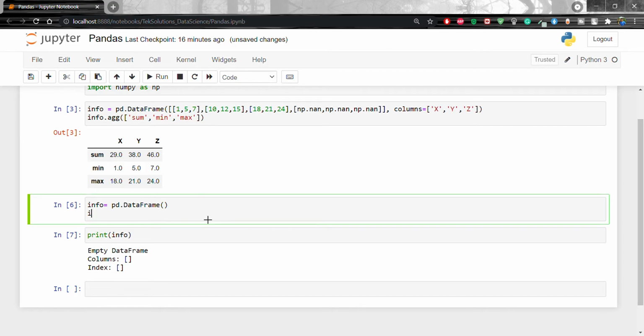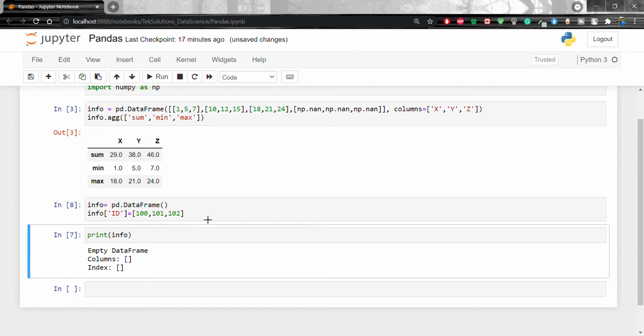So now I am going to create a new column in info, and we are passing the ID. ID is a new column here, and then we are assigning the values 100, 101, 102. Right? And now I am going to shift enter, and in the print info I am going to print. Then what will happen? See, here is the empty data frame, right?